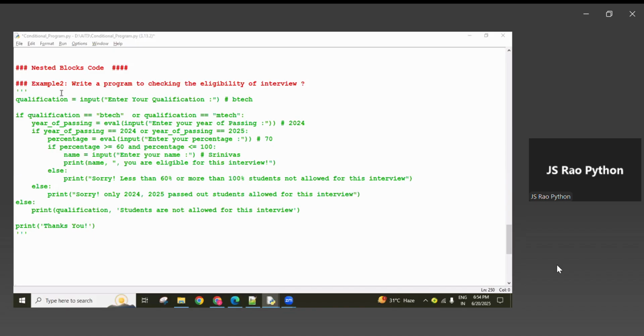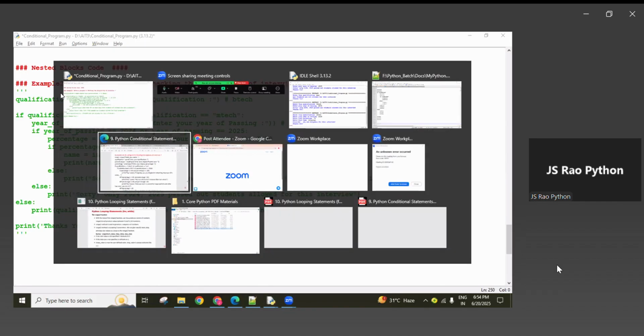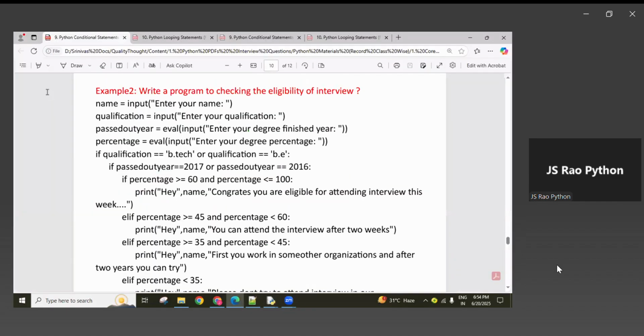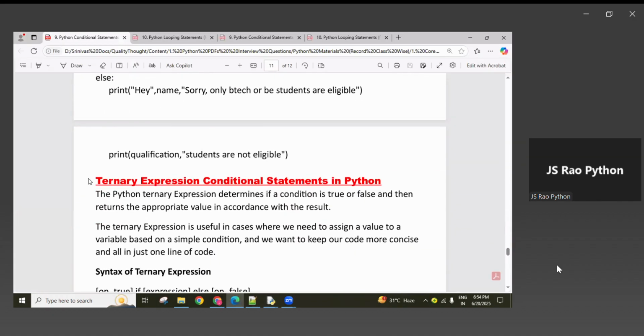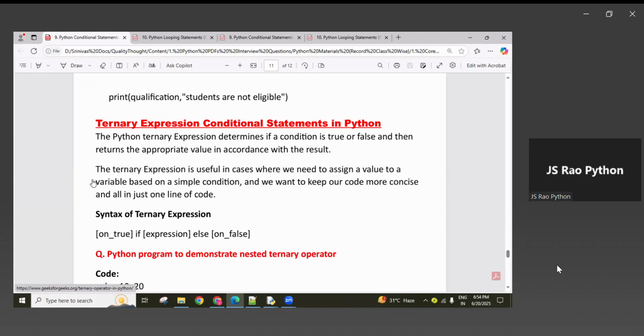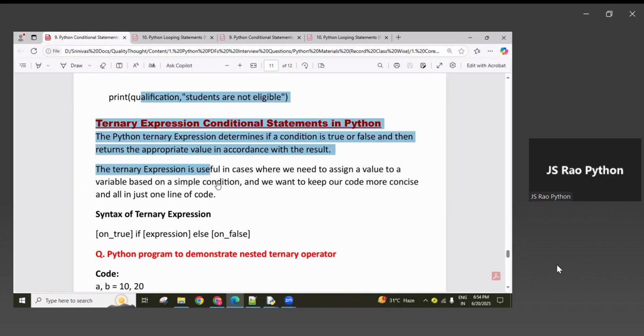Okay. So next, we will discuss the ternary block, guys. Ternary expression is there. So what is this meaning? I will check and explain it. Okay. Ternary. Wait. It will not copy. Okay, no problem. So here,